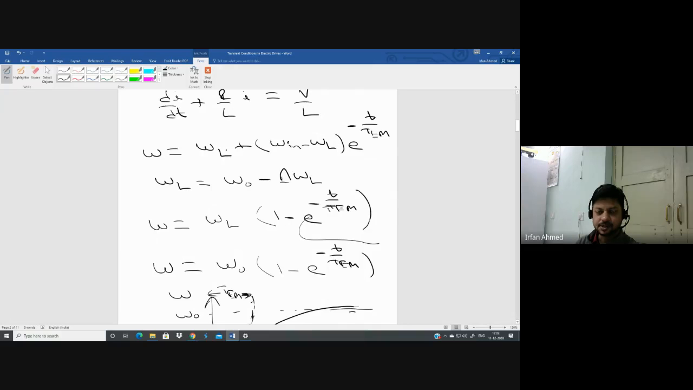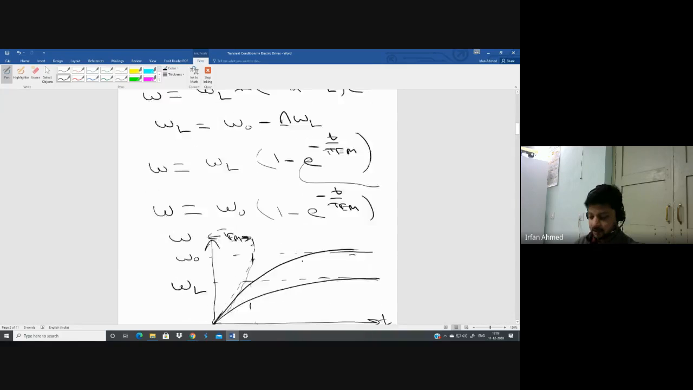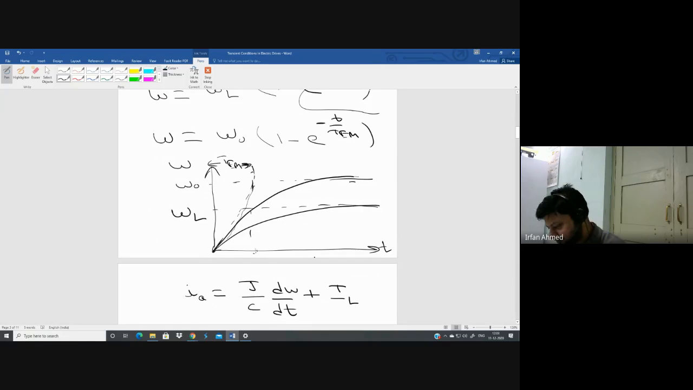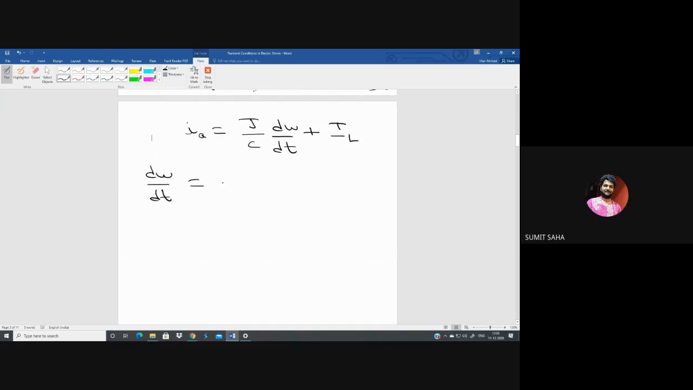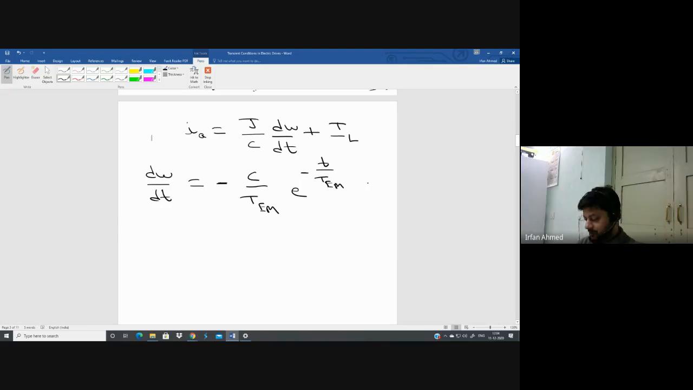This load speed is constant. Its derivative will be 0. This omega in minus omega L is also constant. So it becomes minus C by TEM into e to the power minus T by TEM. Correct. Okay. Substituting this in the equation that is written above, we get IA is equal